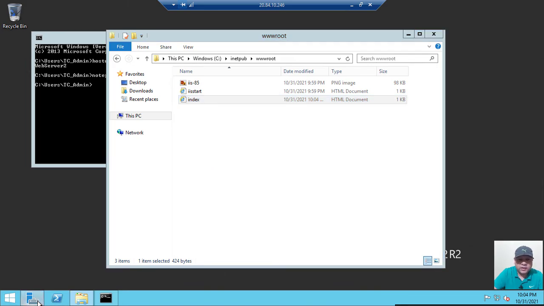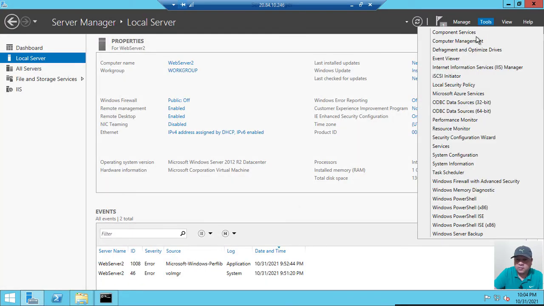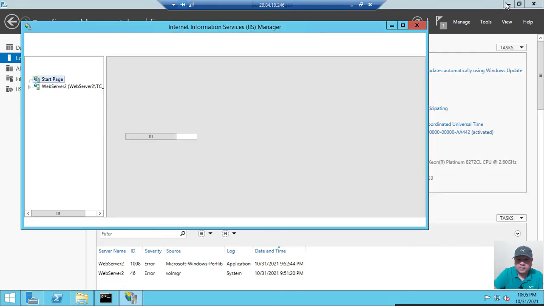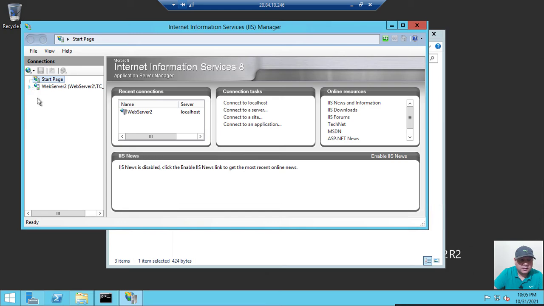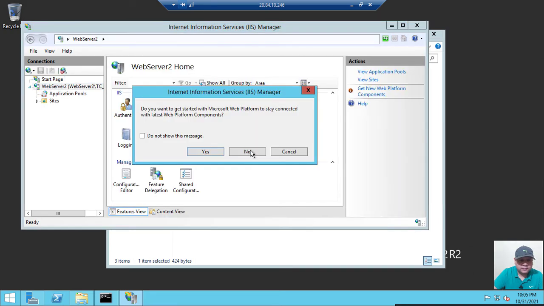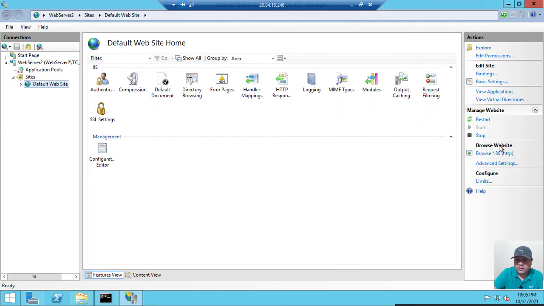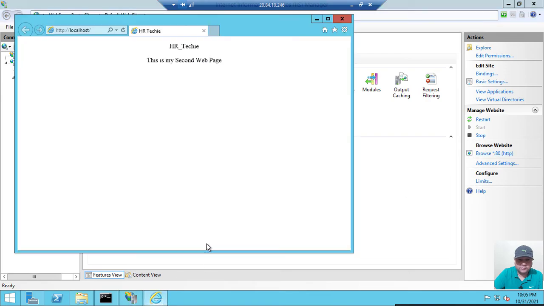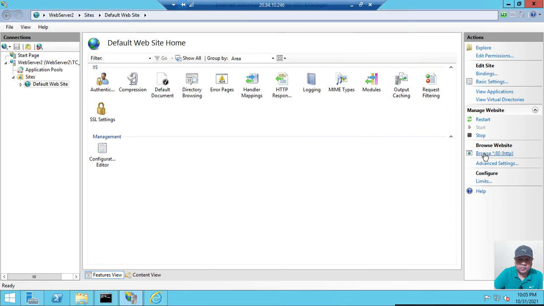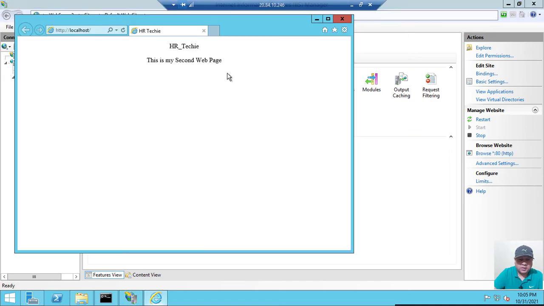Now let's check quickly whether this web page is working fine. To check that, we need to go to IIS Manager, go to Default Web Site, and see, we need to click over here, HTTP. Let's see whether the web page is opening perfectly fine or not. Let me close it and let me try to open once again. Okay, so it is working fine. My web page is working absolutely fine.